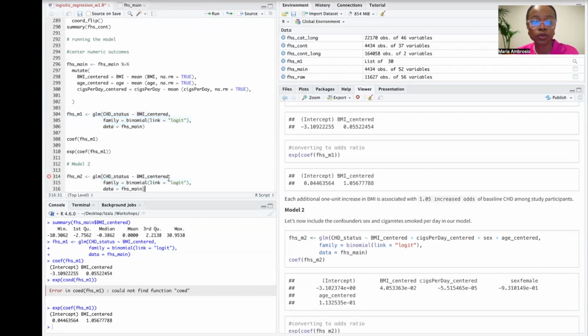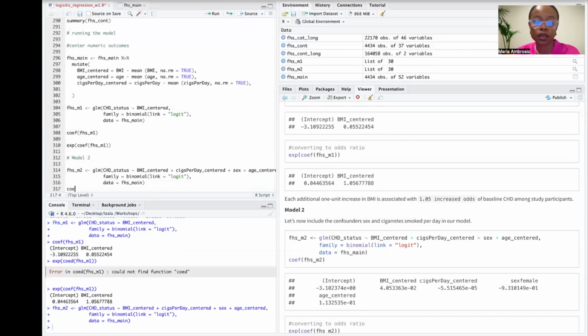And now what I'm going to do, I'll do the plus cigarettes per day, and I want to use the centered, plus age, age centered. And then if I run and inspect coefficients,